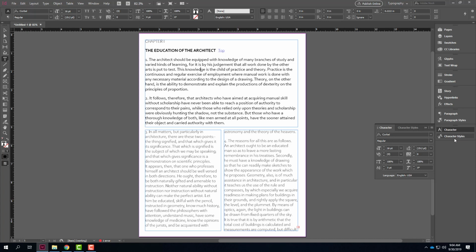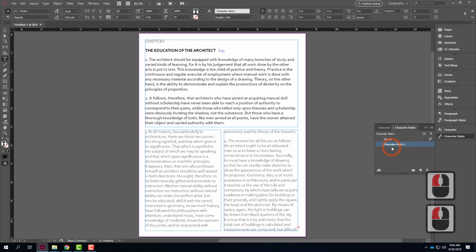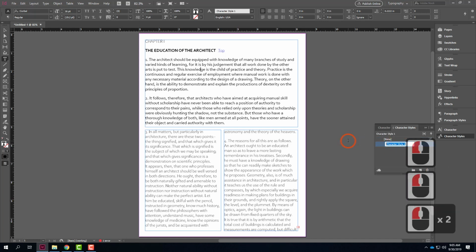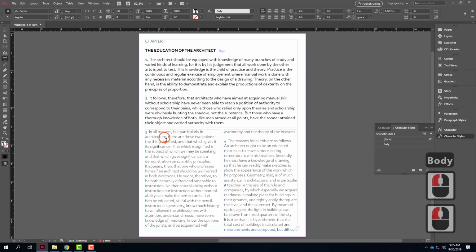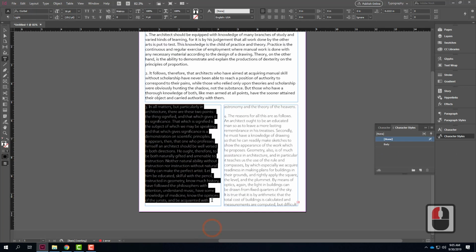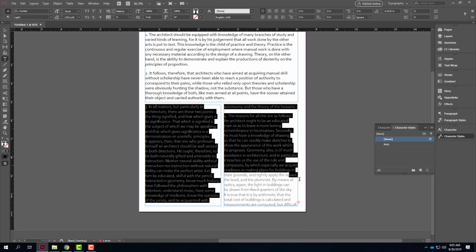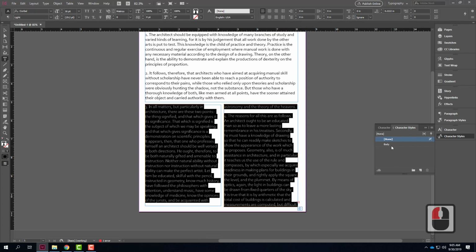But with the Character Styles menu, I can choose to essentially save this style to be able to reuse it. So I'm going to go ahead and create a character style. There it is. I'm going to double click on it, and I'll say body. And so what I can do with that body style is all I have to do is select the next paragraph. We'll go ahead and do all of them there. And I'll click on body, and it will adopt,